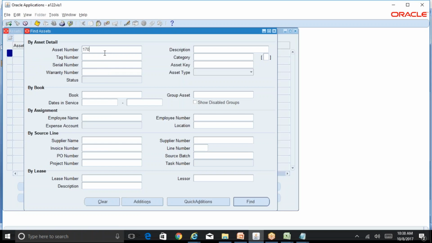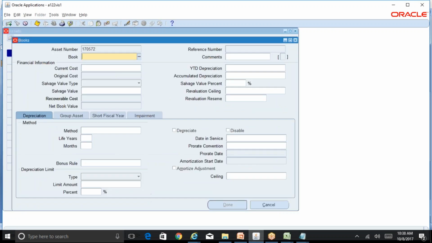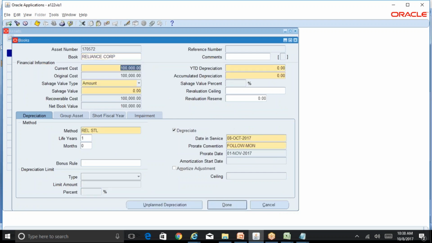Enter your asset number 170572 and what is your book? Reliance Corp. Click on find. You will be able to see the asset whatever is being created. And if you click on books, select the book and put your cursor here, you should be able to see the cost of the asset,